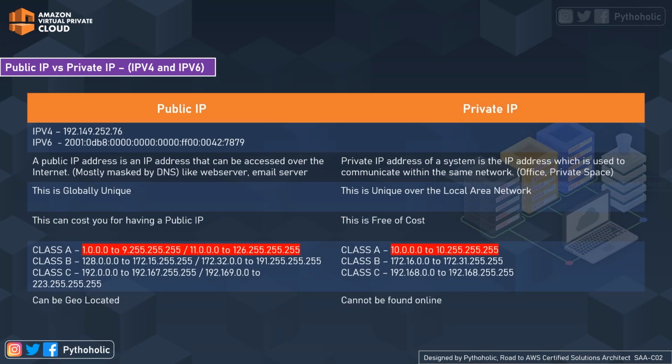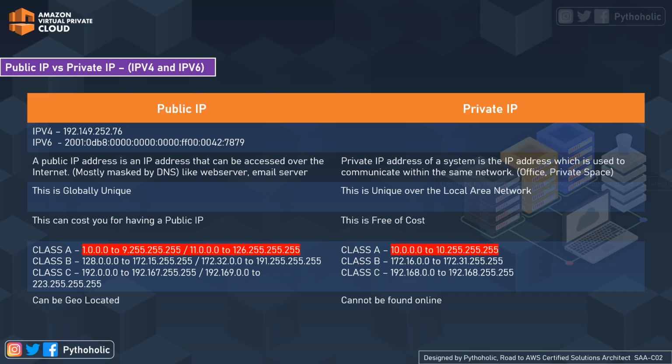So now let's get some of the basic differences out for the public and private IPs. So the first thing is like IPv4 uses a 32-bit address scheme that allows you to store up to 2 to the power of 32 addresses, approximately 4 billion addresses. So on the other hand, we have IPv6. It is the most recently used of the IPv protocols. It uses a 128-bit address scheme that will not end in my lifetime at least. And IPv4 are numeric addresses like 192.23.12.2 separated by dot,